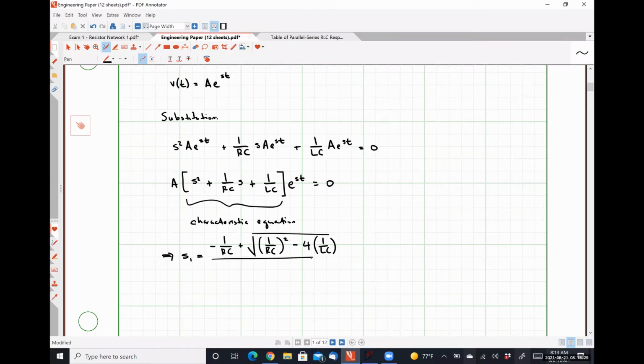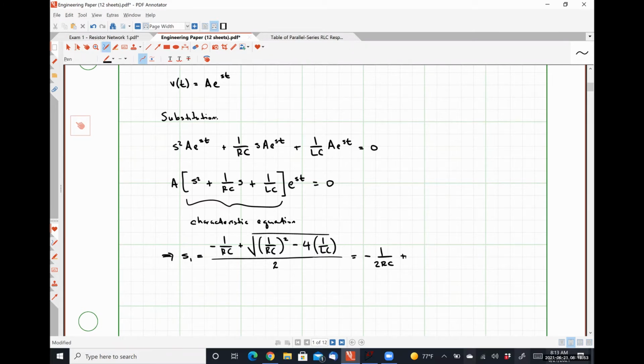And I'm going to divide this by 2a, which is 2. Now I'm going to distribute that factor of 2 in the denominator to make this look a little less funky. So I'm going to have negative 1 over twice RC